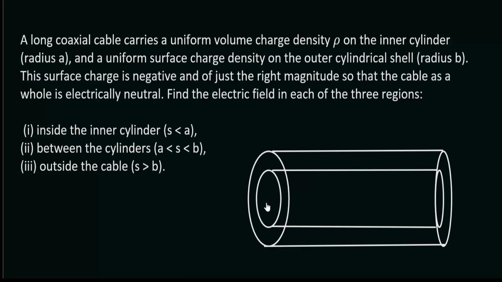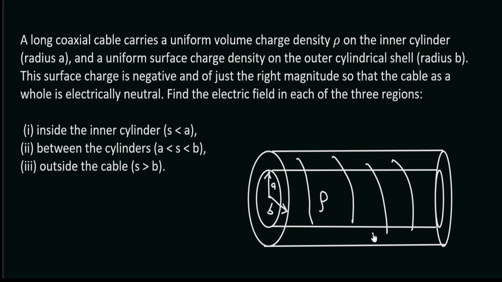In this question, we have a cable, and the cable consists of two cylinders. The inner cylinder is of radius A, and the outer cylinder is of radius B. It is also given that within the inner cylinder, the charge is distributed in the volume with uniform volume charge density as ρ, and the charge is distributed over the surface of the outer cylinder with uniform surface charge density